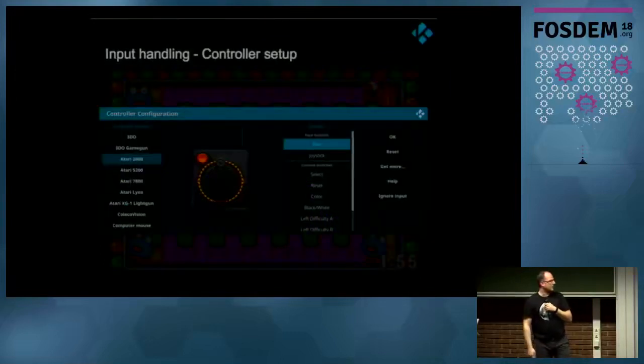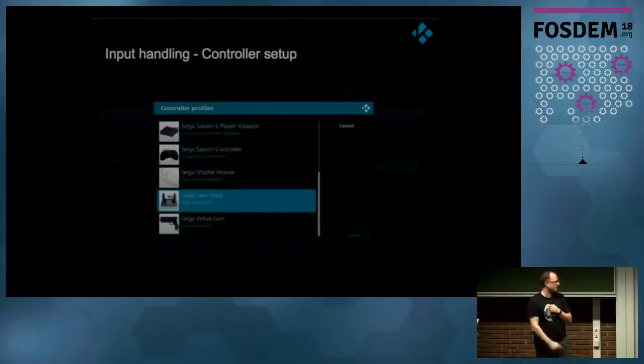So here's the controller configuration. Basically you plug in any controller you have. These are all add-ons, so you can install the add-on you want for that controller, which configures it for any other emulator. So I can plug in an NES controller, and it works for Atari games. It works for Sega games, without any stuff you need to do. There's an entire abstraction layer in between which auto-translates all the stuff, so you don't need to care about all this. Here you just install a profile for a controller, and it auto-translates for any emulator.